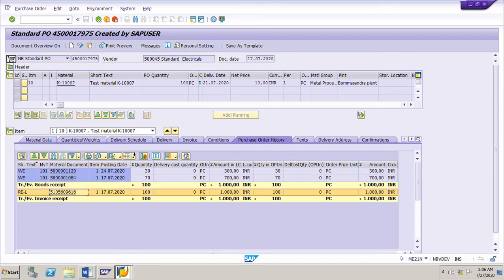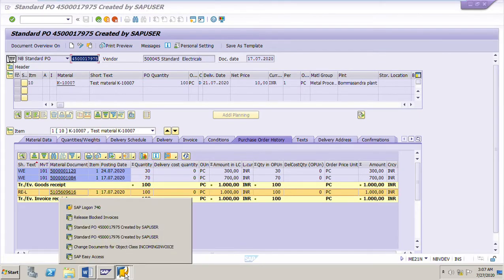Here 17975. If we go to this PO, as per the PO the quantity is 100 pieces. So what had happened earlier is the vendor had delivered 70 pieces and we posted it, and he had also given invoice for the full 100 pieces. So when we had received the 70 pieces, at that same time the vendor had given invoice for the full PO quantity. We have posted the invoice for the full 100 pieces. Then the remaining quantity of 30 pieces was received later. Hence the blocking reason quantity is invalid now, because the balance quantity is received for the PO.